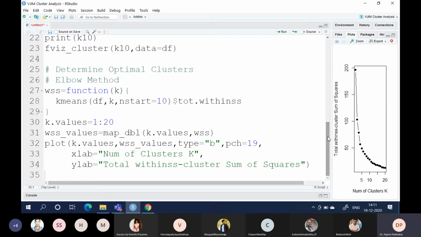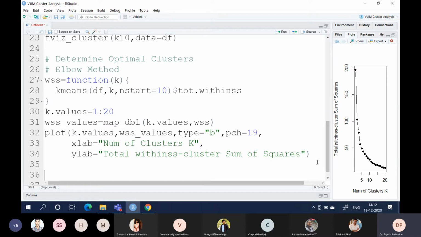So based on the things, we need to create an elbow plot, and the point at which the error becomes stagnant will be our reliable number of clusters. This is called the elbow method.